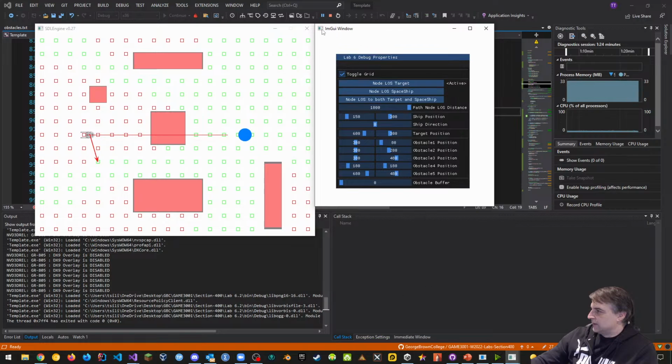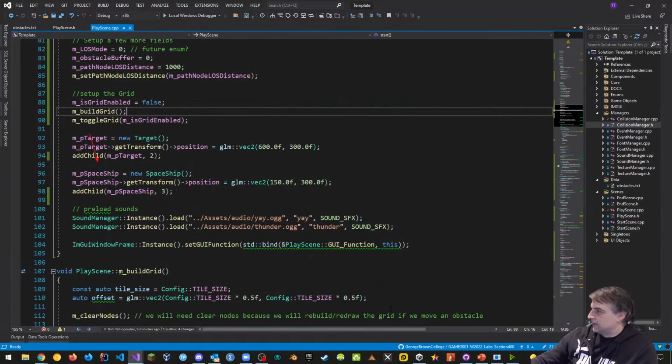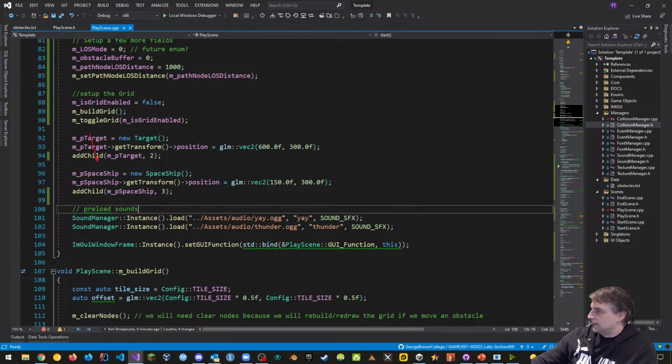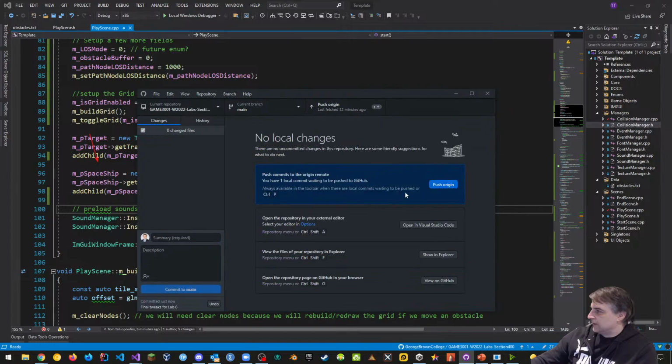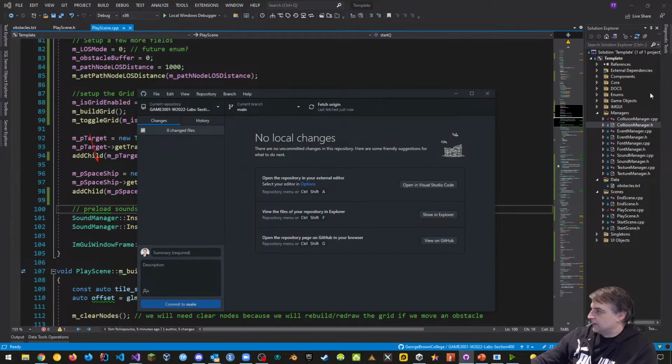I'm going to put this up on GitHub. So let's put the solution we have on GitHub. Again, we've saved everything. I'm going to say final tweaks for lab 6. Okay, so commit to main and push to origin. And that should do everything you need. And let's get rid of that little line. My annotation is not going to clear until I clear it.